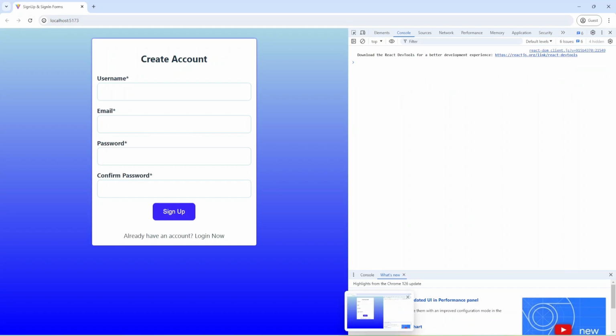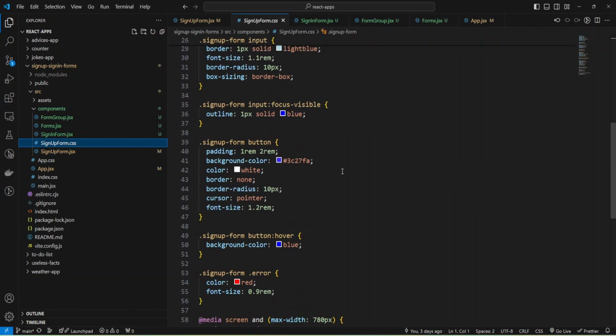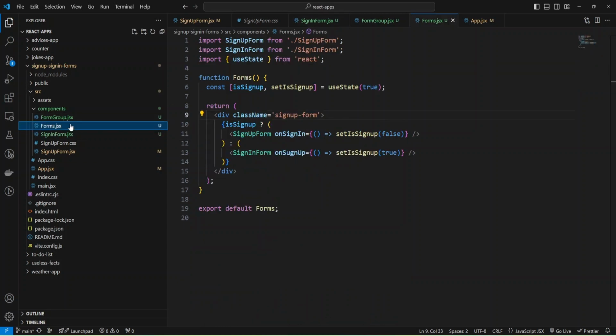We have our styles, but our styles are inside sign up form, and so they were applied to our sign in form because we imported the styles, but it doesn't look good. And I'm going to create modules and place styles inside my forms module and share the styles between two components.